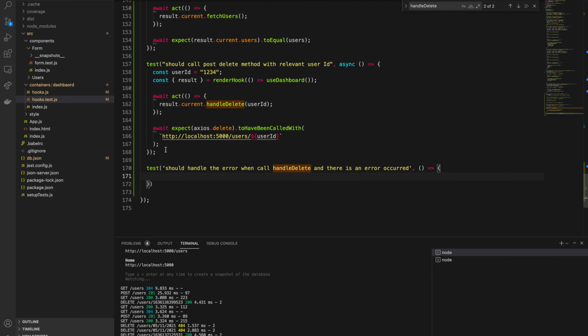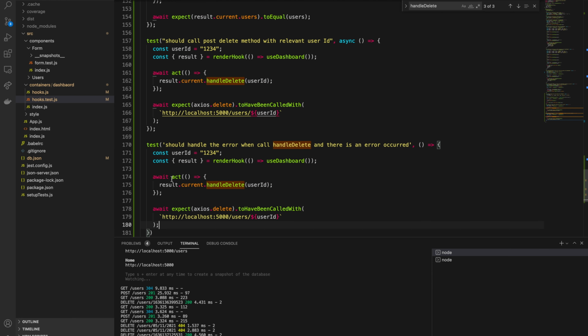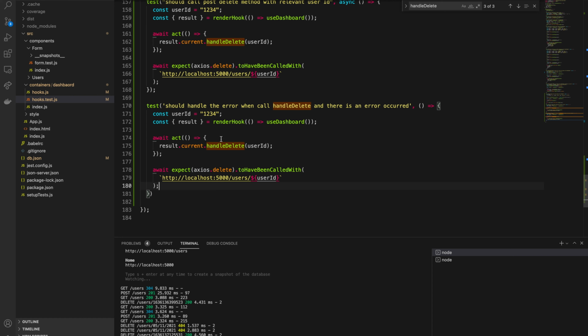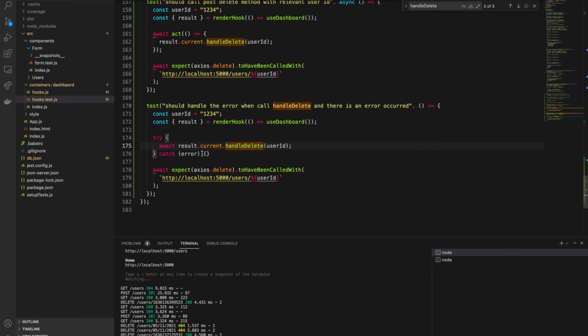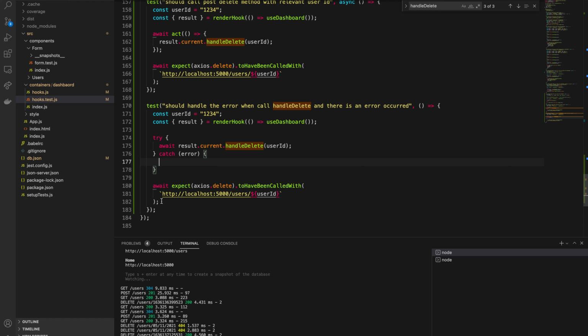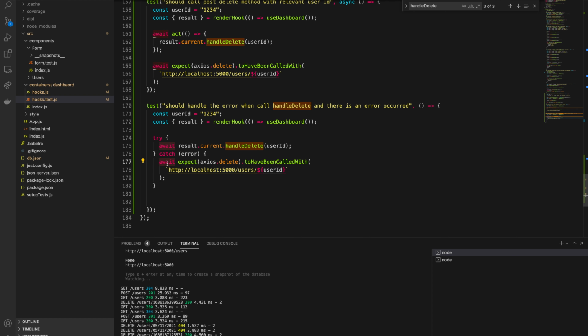Basically we'll do the same steps here, and let's just change this. In this scenario I'm not going to use act, I'm going to use try catch. I will remove this from here. Use a try catch, and inside the try let me add await, and inside catch I will add my expectation. I don't need await inside catch, and I will expect this error dot